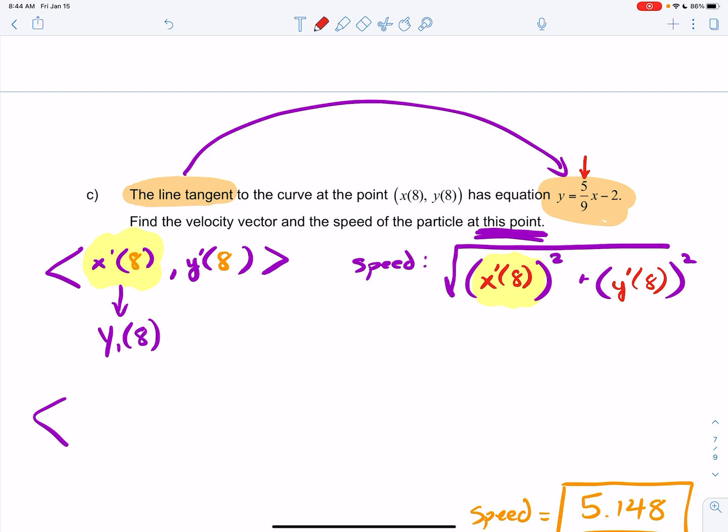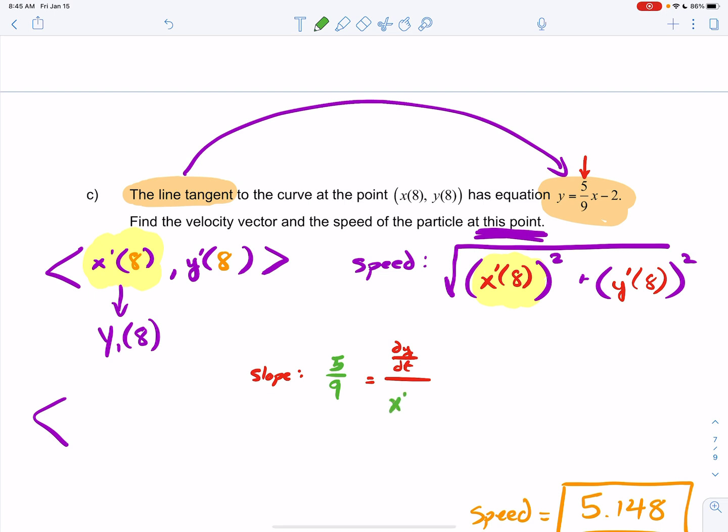Now, slope, if you guys remember, no matter what form you're in, is always dy over dx. And with vectors or parametrics, that's the same thing as dy/dt over dx/dt. Okay, so here's what you know. I know that my slope is 5/9, so you could just rewrite it. Now I also know my dx/dt at time 8, because that's just whatever x prime of 8 is,